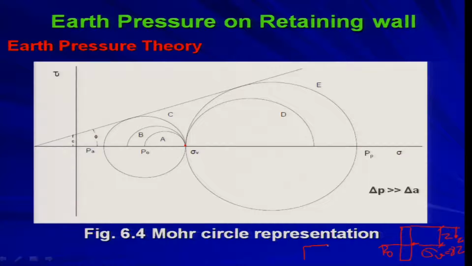If I consider a soil block like this, this is your sigma v and this is your P naught. Sigma v is gamma z, that is your major principal stress, because that is the action, and due to that you are getting P naught, which is another principal stress, the minor principal stress. Now if I show this in the Mohr circle representation, it will look like this. So, circle A,